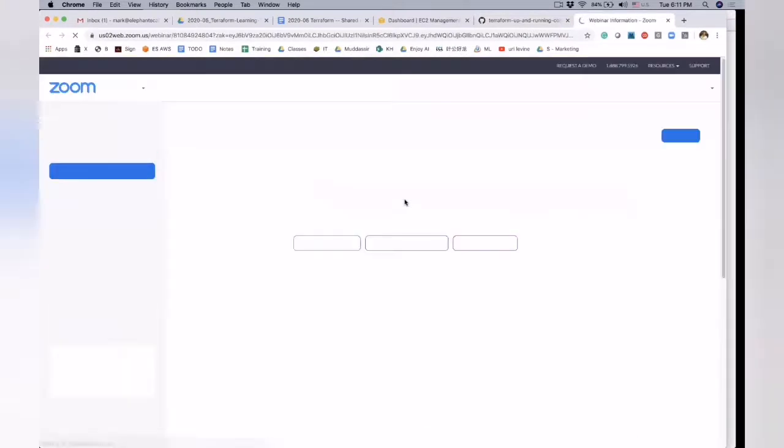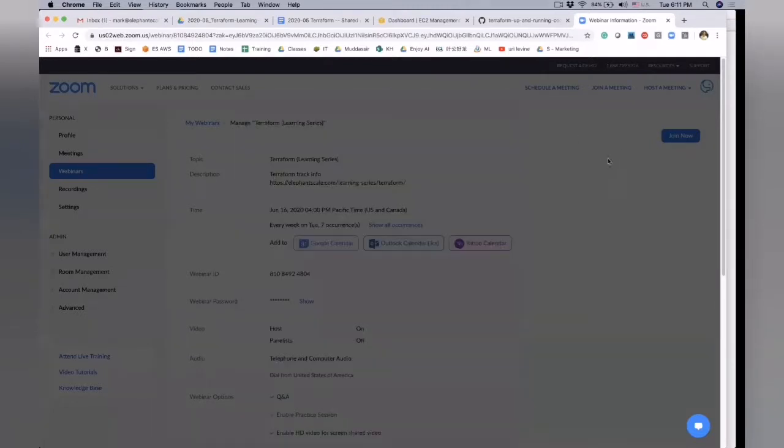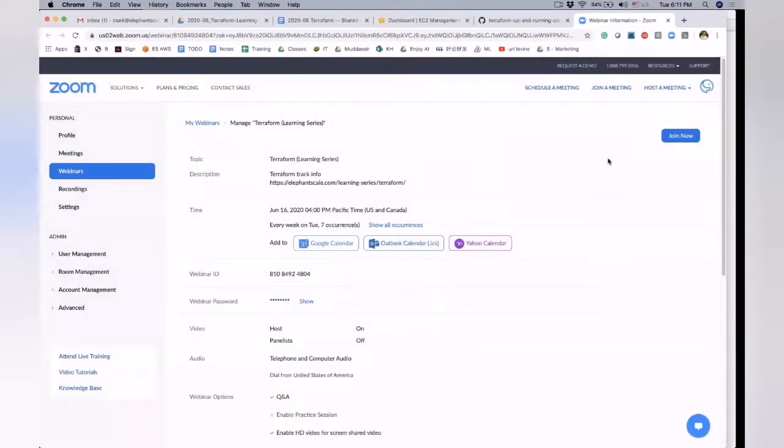Now, if I am able to do the polling, questions, right? How do they do this? Boy, that is so complex. No, I'm just going to ask, who can do the load balancer in their sleep?